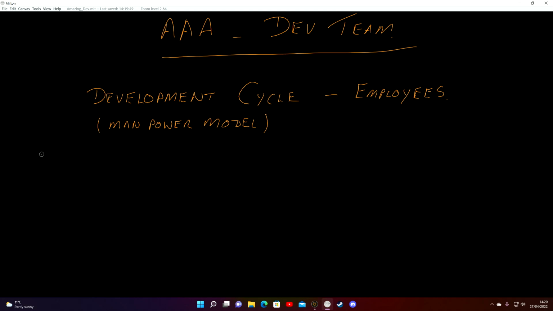And this is what they put down. So let's put plan. There's your planning stage. We're in it now. Development cycle, employees, manpower model. That's what we're doing now. We're planning. What else can we do? We can create the environment. So there's your environment.